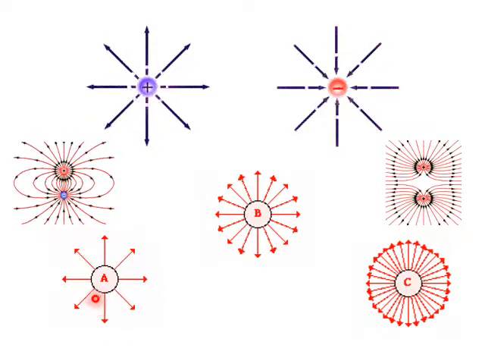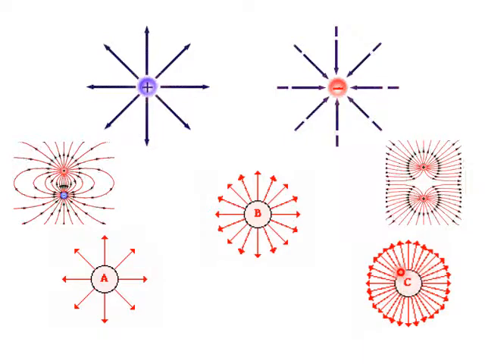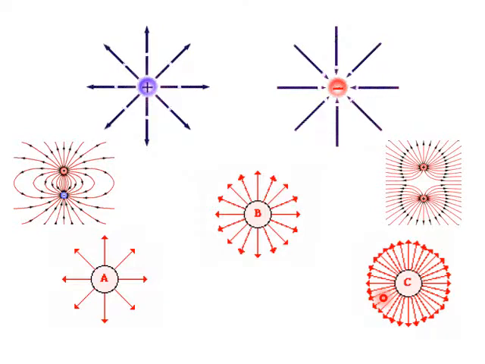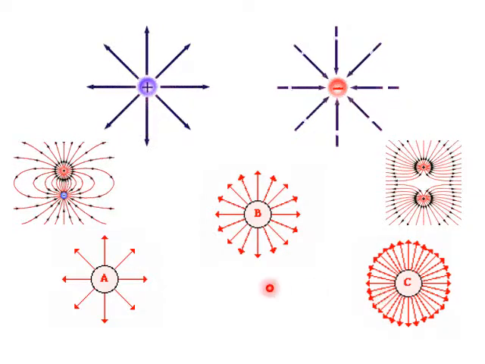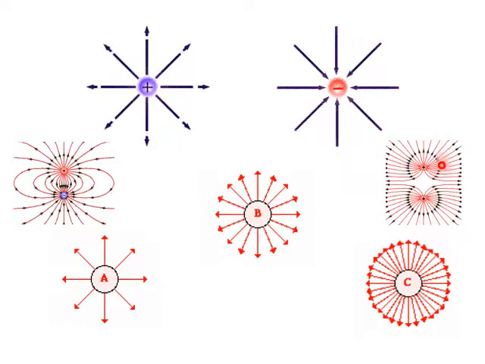Look at A, B, and C. Now we should be able to state that the magnitude of C must be more as compared to A, because the field lines of A are fewer as compared to C. So we can not only indicate whether the charge is positive or negative, we can also describe whether the charge is of higher magnitude or has less value. And with the help of electric field lines, we can also represent a system of two equal and opposite charges, or a system of two like charges.